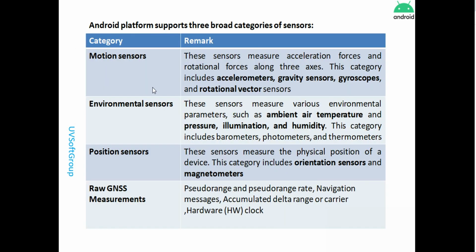So you see the really initial information on how the motion sensor works. The motion sensor is a combination of the accelerometer, gravity sensor, gyroscopic sensor, and rotational sensor. The environmental sensor takes your temperature, humidity, pressure, and illumination; you get this information from the environmental sensor. With the position sensor, you know where you are located, and then you can make some decisions. This position sensor is really important for location tracking, even in the navigation world. That is the most important sensor for every device. And nowadays, every device has all the